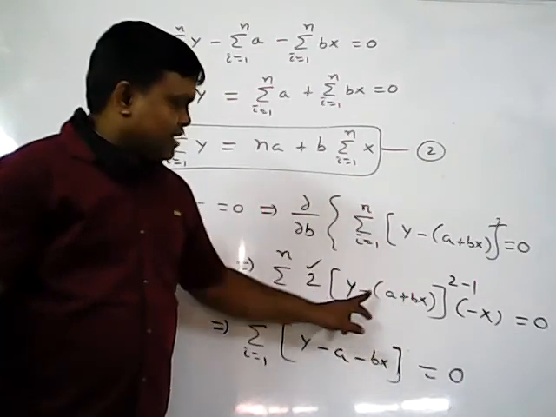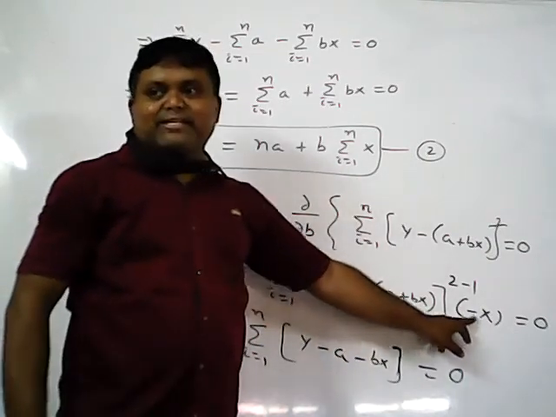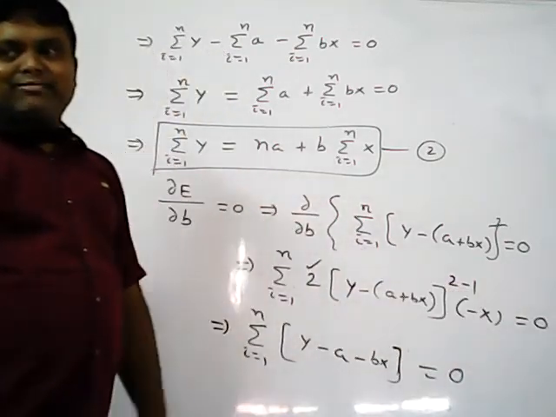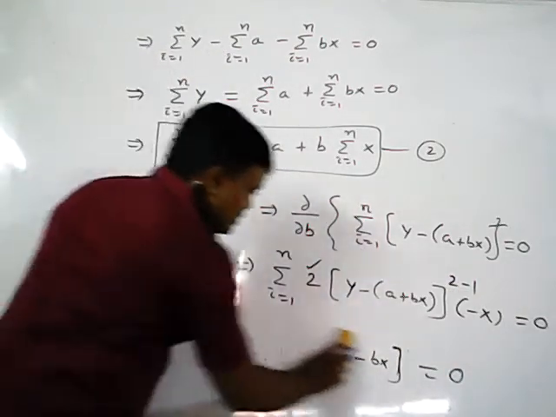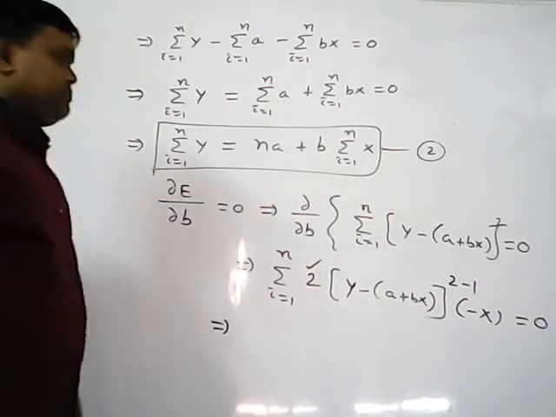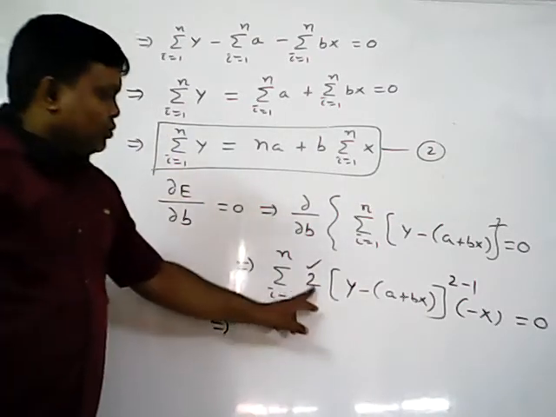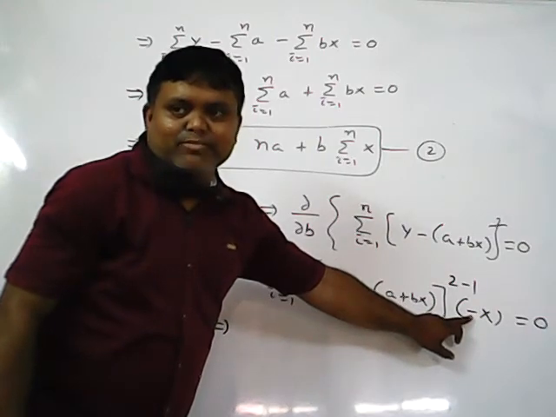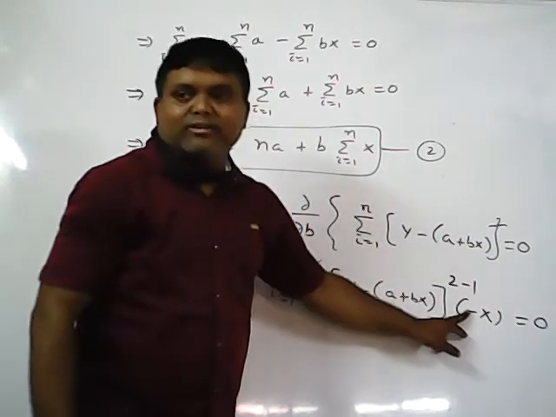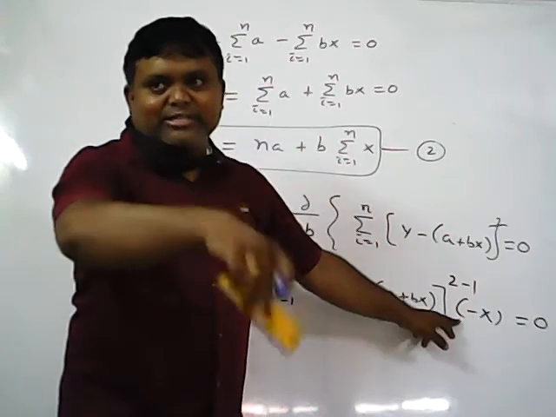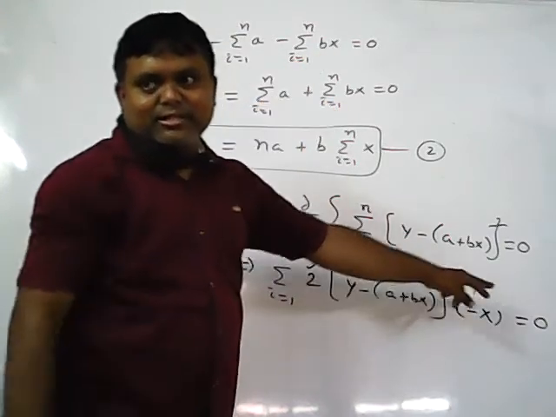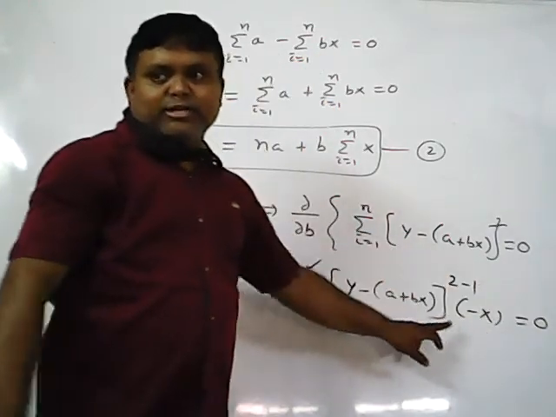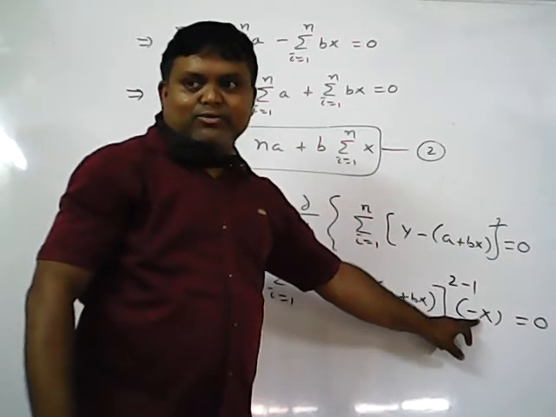So x into minus 1 is minus x, is equivalent to 0. Now, same concept. 2 into minus 1 is there, and minus x means x into minus 1. So 2 into minus 1 is minus 2. You can send the term to that side. That side is 0, and 0 by anything is 0. So now what will you get here?